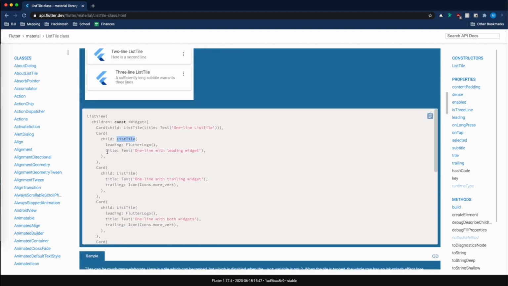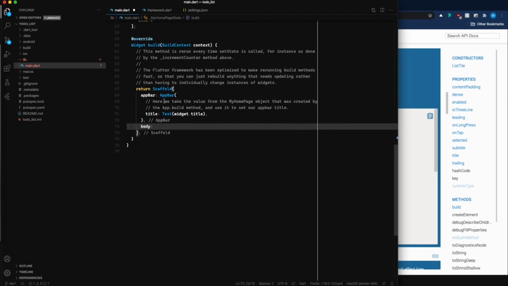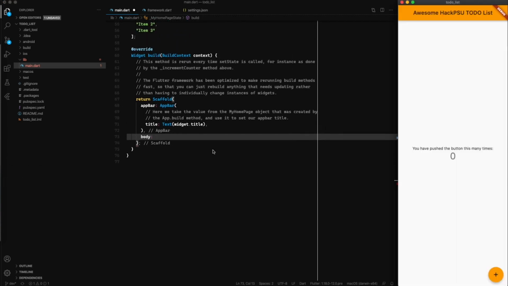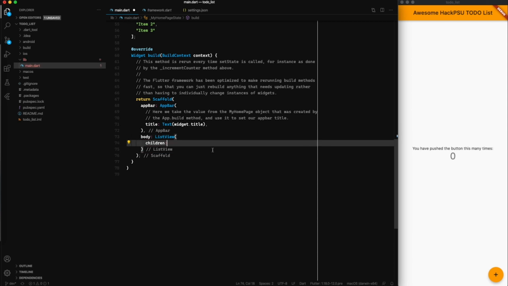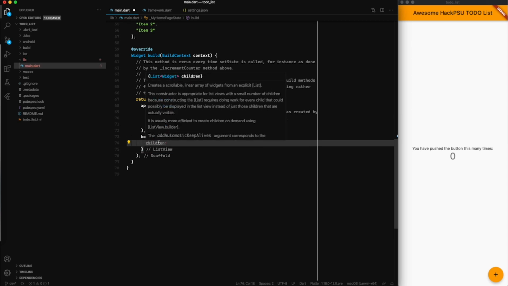We have our list tile widget, the title, and then if you noticed here and before with our other title for the whole application, all text in your application has to be wrapped with this text widget. And so this is just another widget. Essentially, the goal of explaining this is that everything in Flutter more or less is a widget. And so we're going to go back to here. We have our empty body, and then we have list view. And then we're going to specify the children